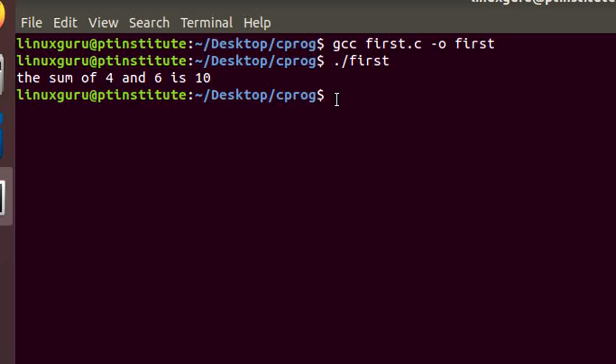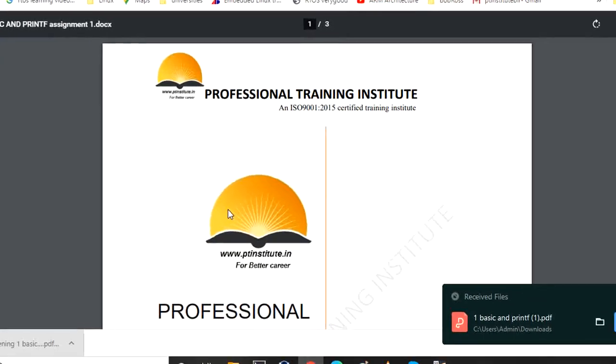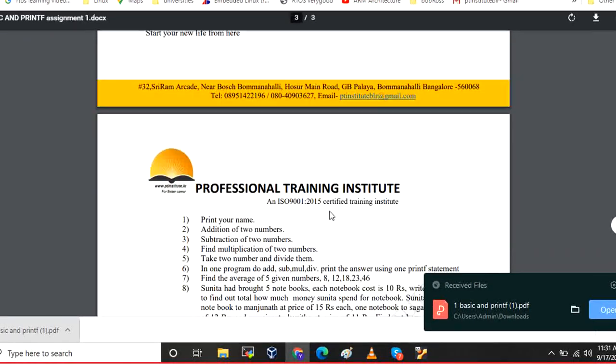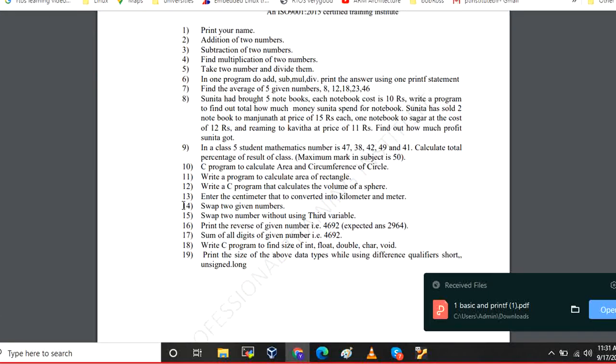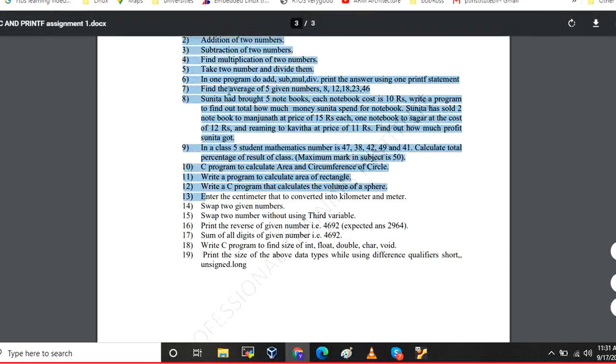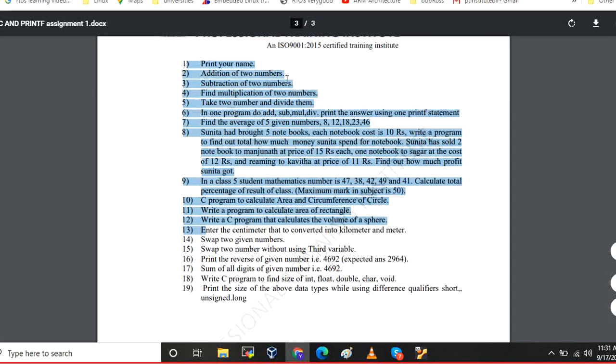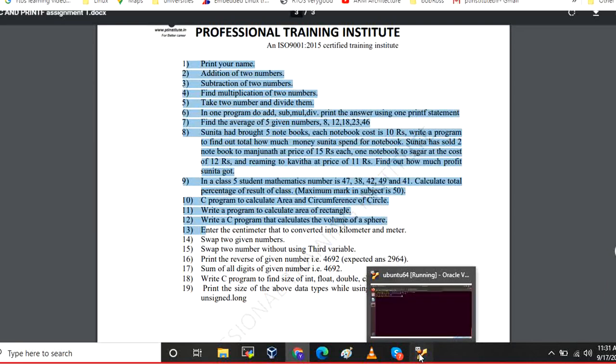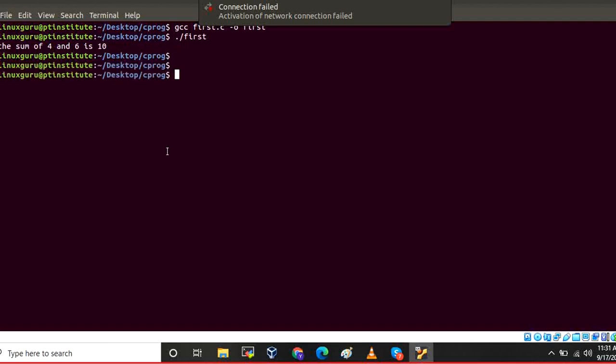Okay. So now start writing the program, and in this you can finish till here. I think maybe till 13 at least you can finish all these questions. And what you have to do is, few things you have to consider. Like in all programs, use only int. Okay, don't make any other data type. Don't make float or character or anything. Make only int, and don't use scanf in this exercise.